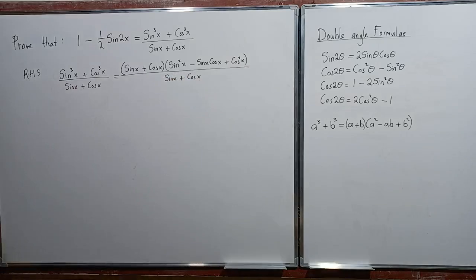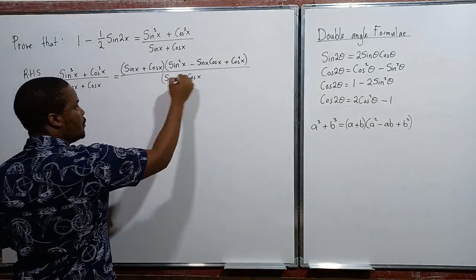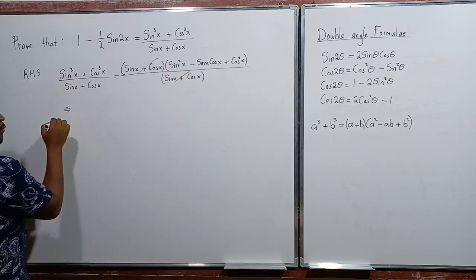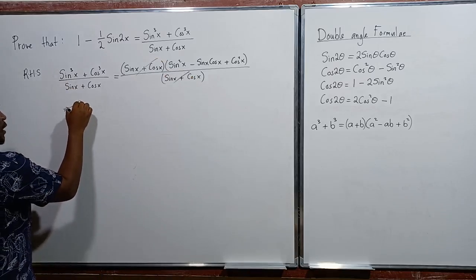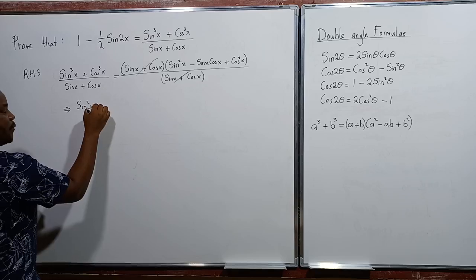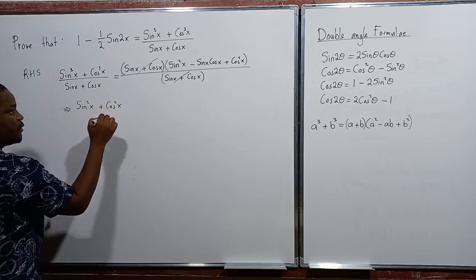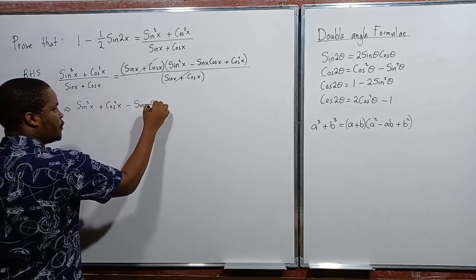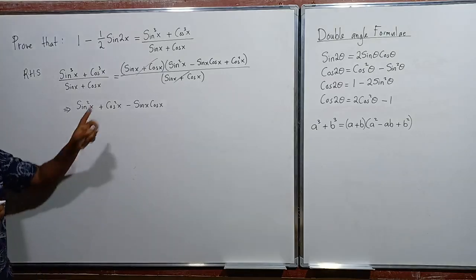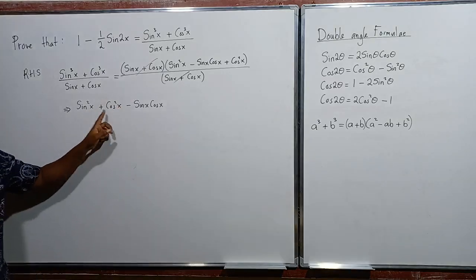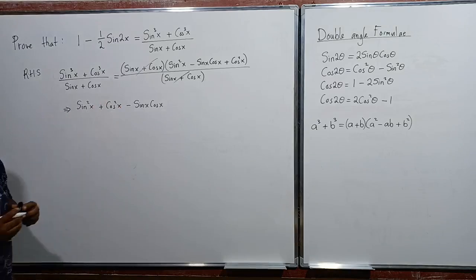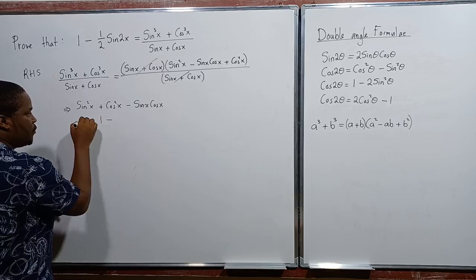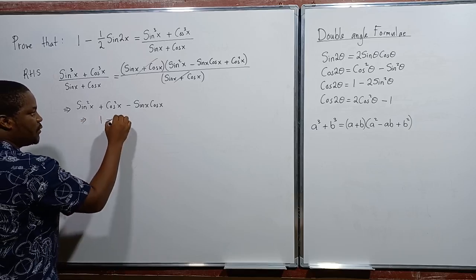It's obvious what comes next. The whole bracket will cancel with the denominator. So this will cancel with this. What are we remaining with? So this implies that we have sine square x plus cos square x minus sine x cos x. Remember, I've just rearranged them so that I put the sine square and cos square together. So what do we get? 1, right? So we have 1 minus